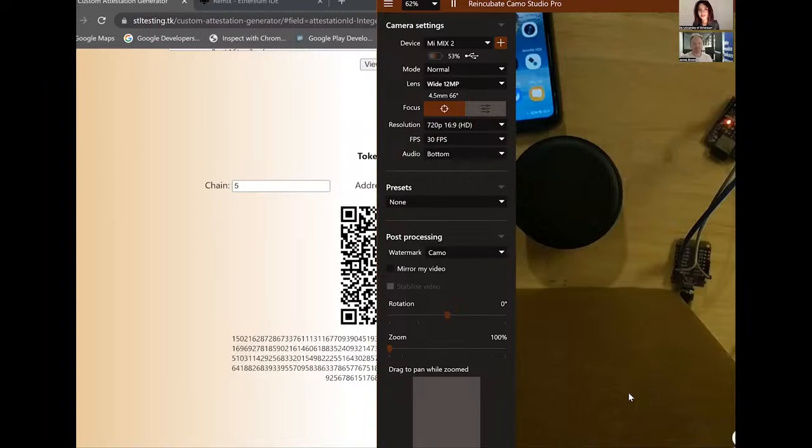Mm-hmm. So since you mentioned attestation releases that people have already been working on, I want to ask you the second question. What are your thoughts on the newest attestation releases from Ethereum Attestation Service and Optimism's Attestation Station? And how do you think Smart Token Labs can work with or empower both? Yeah, those are two really good solutions. Particularly EAS, we've looked at their proposal, and yeah, it's very solid.